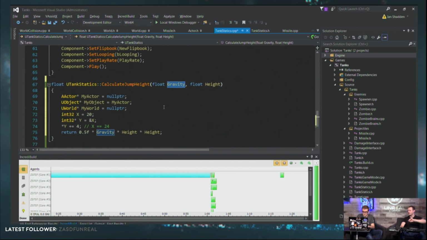As soon as this function ends, that float disappears, the memory for it is gone, and that's fine. Say I pass in my world's gravity, and let's say I want to calculate all my jump heights as if it's double gravity. I can do that here, and when this function ends, the modification no longer matters, because I didn't modify the original variable that you sent in. I modified this temp variable.